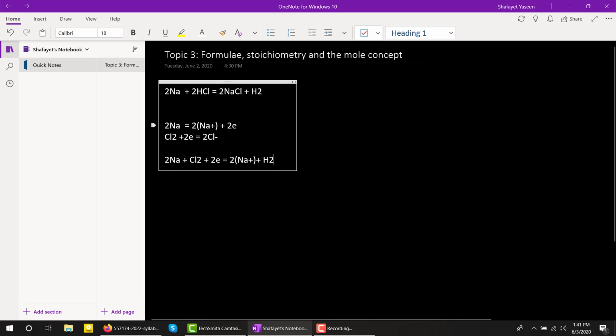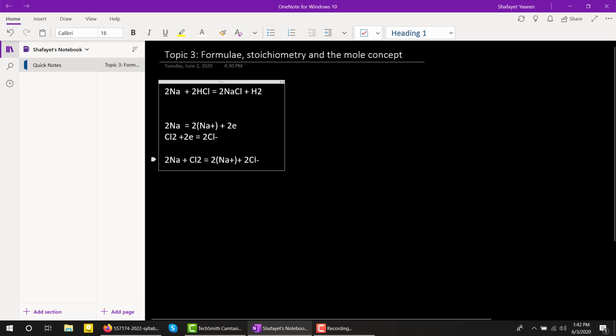So my bad, 2 electrons. So the right hand side of equation 1 we've written, and we'll just add it with the right hand side element of equation 2, which is 2Cl minus. So we just combine both right hand sides and left hand sides together. Now here's 2 electrons on your left hand side, and here's 2 electrons on your right hand side, right? We can eliminate both to make things simpler,